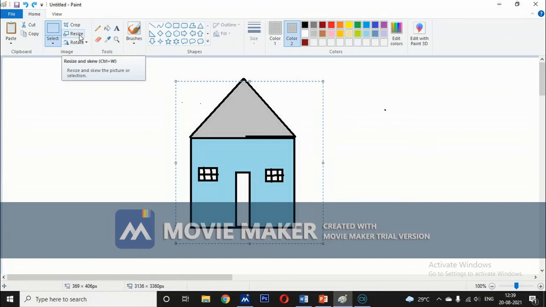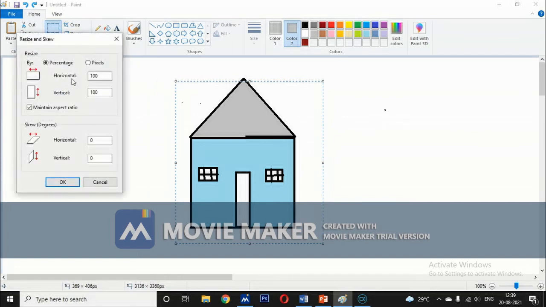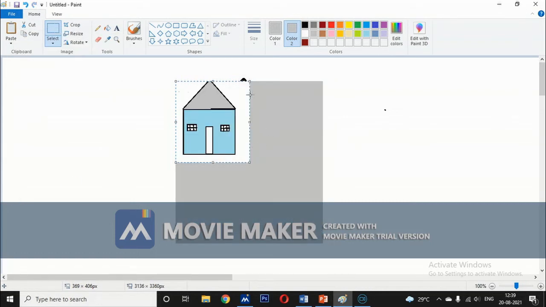Click it, and if you want to decrease the size, you can give a lesser number. I gave 50. Now we will check what happened. The picture has decreased in size. So the resize option is used to increase or decrease the size of a drawing or part of a drawing.